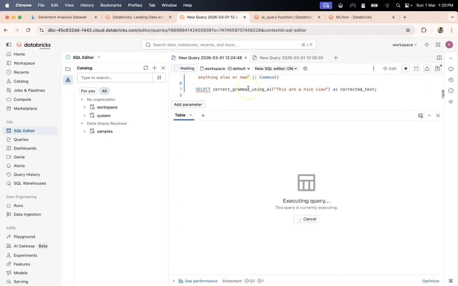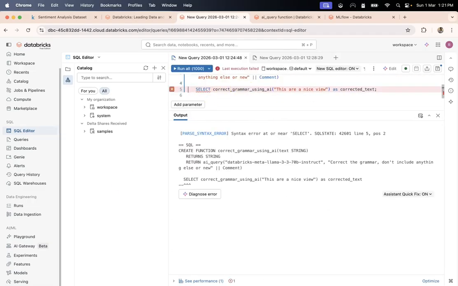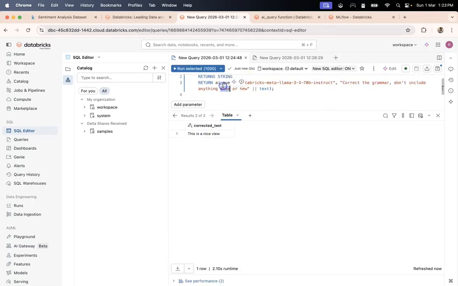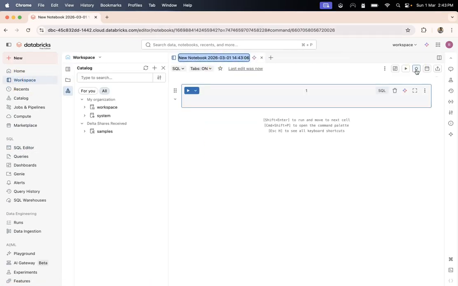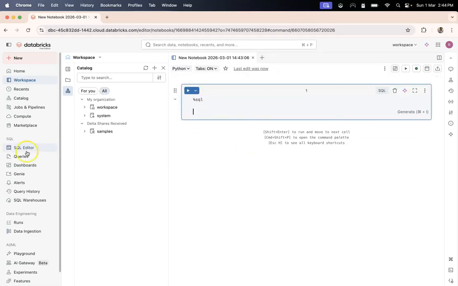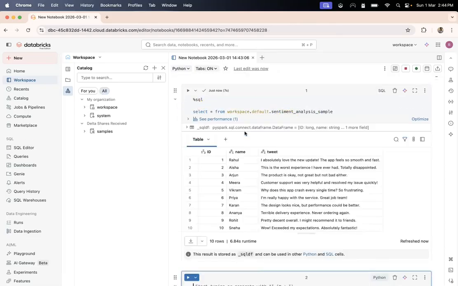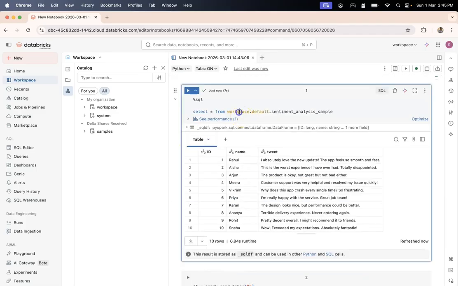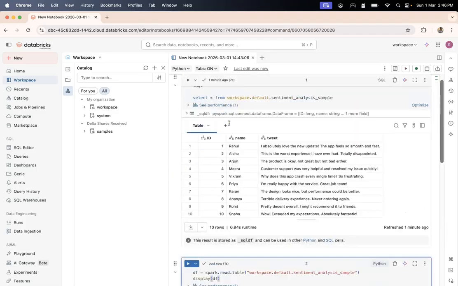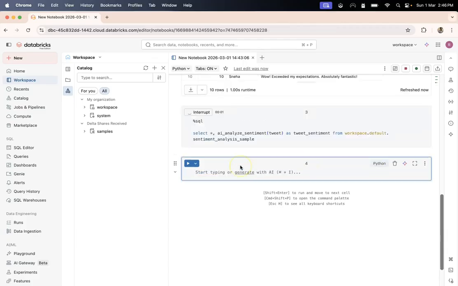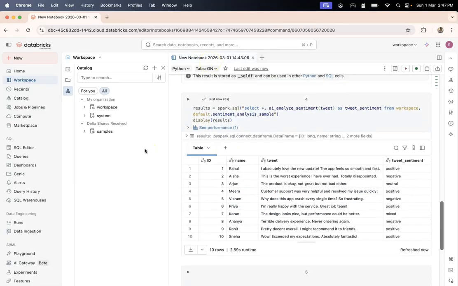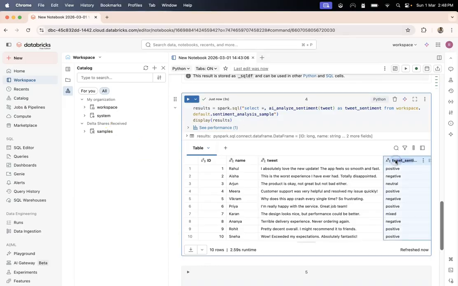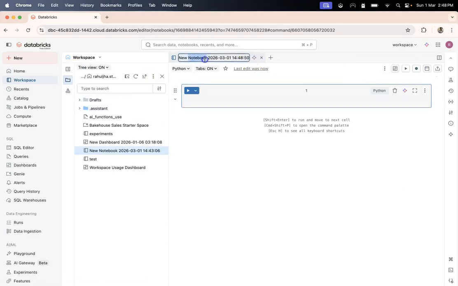But we don't stop at experimentation. I'll show you how to run these SQL commands inside notebooks using something known as %SQL magic command, and then how to use Spark variables to run those same commands, and finally, how to build a production Databricks job that reads from a catalog, runs AI transformations, and writes the enriched dataset back automatically. I can even configure it to run every 1 minute. This is how you move from demo to real pipeline.